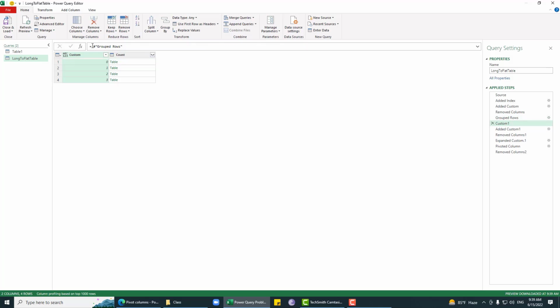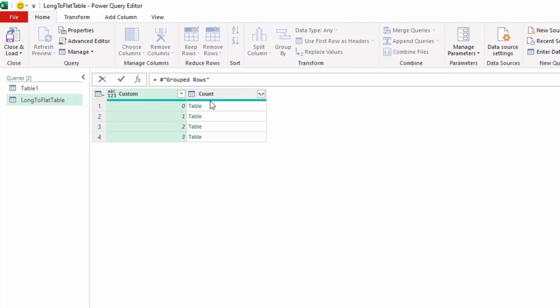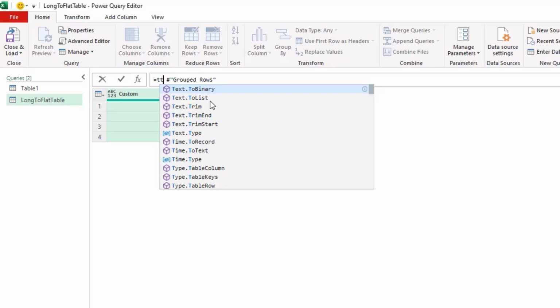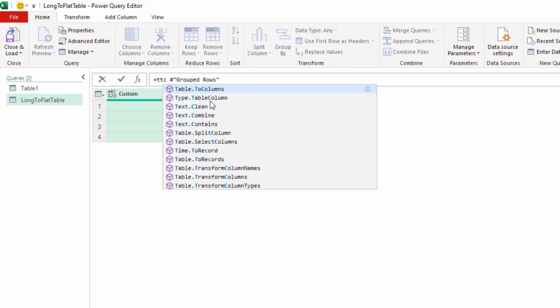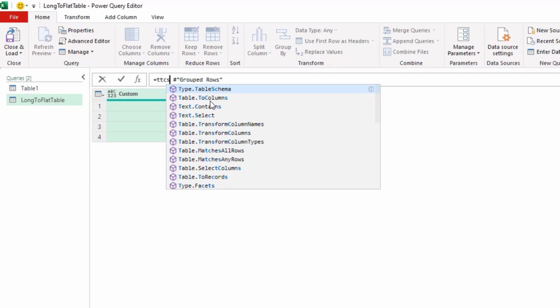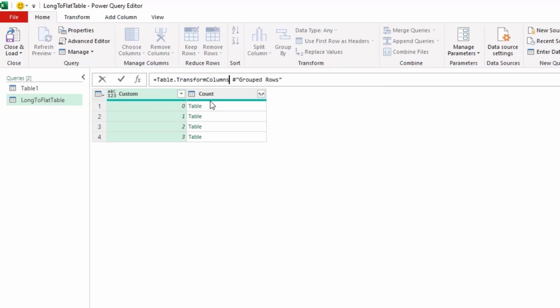What I can do is say Table.TransformColumns, so that is this one, and then this one will be the transformation operation. The transformation will be on this custom column, and the transformation is that there will be a column header list, so like